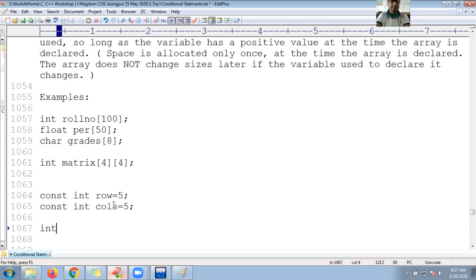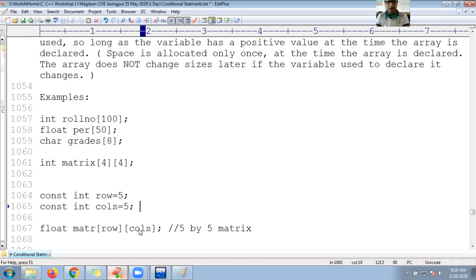Now I can pass them: this time I don't want to create an int type matrix, I want to create a float type matrix. Here I pass row, and here I pass cols. So this row, which contains 5, will be replaced by this size, and the columns, which contain 5, will be replaced by cols. 5 by 5 means 25. The actual size is 25, so it's a 5 by 5 matrix. Okay, fine. Are you clear up to here, guys?